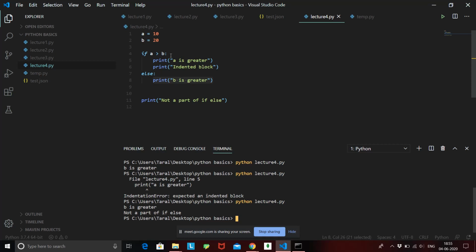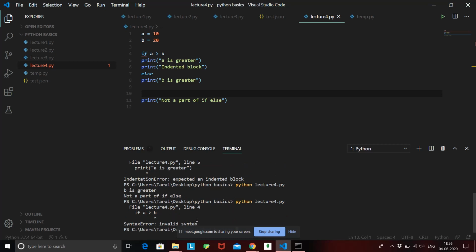And how do we tell Python that an indentation block is to be started? It is told by this colon over here. You saw I gave a colon over here because I want to tell Python, yes, after this colon my indentation block is going to start. Okay, suppose I don't give a colon over here, so what will happen now? If I save my code and run it again, okay, so what's happening over here is we got an error saying invalid syntax.